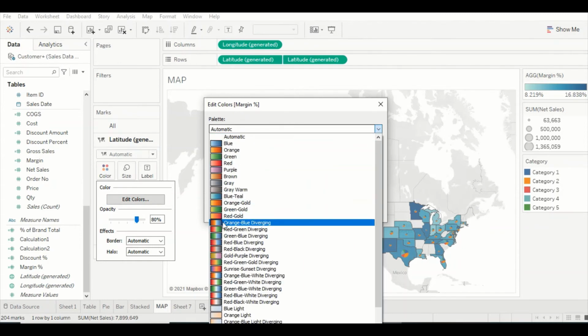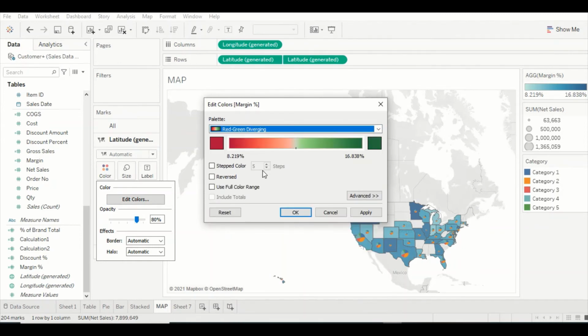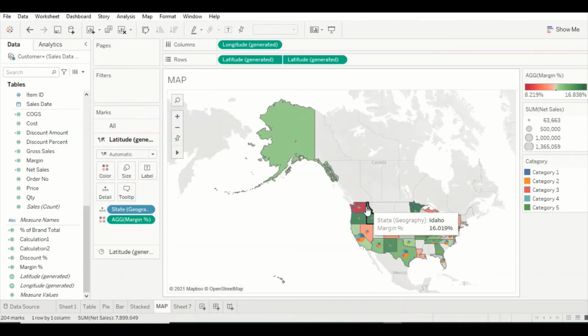So we go here and choose this red-green diverging, and it means the lower one is here, and this is 8%, this is 16%. So from 8 to 16% we have diverging, and the smaller one is going to be the red one. So now we know the smaller it is, the lesser margin it has. The darker the green, the more margin. This is the message that is getting communicated by the map.